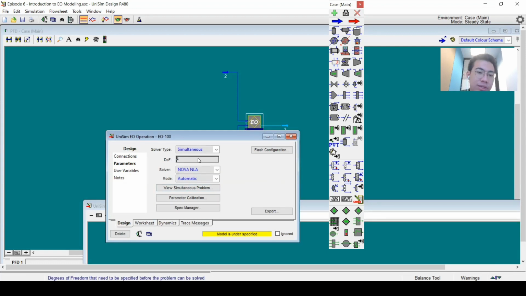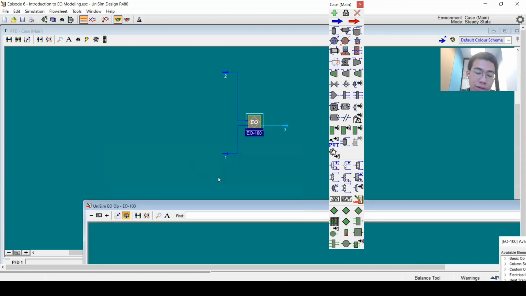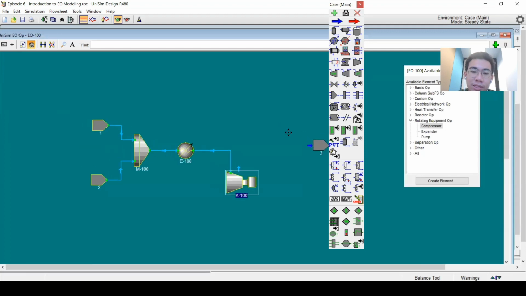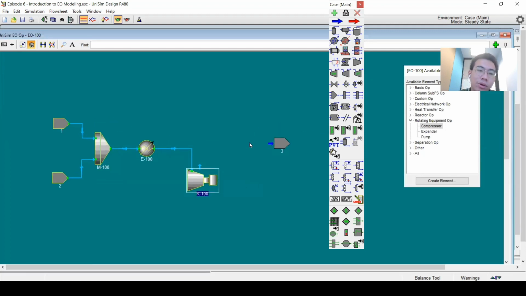The 4 DOF stand for the temperature, the pressure or the vapor fraction, and then the composition and flow. So it is four specifications needed for the stream, because the EO flowsheet doesn't know that this stream number 3 is the outlet. It thinks it is maybe just a normal stream, so it requires 4